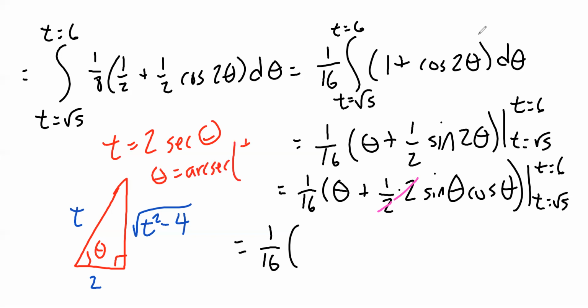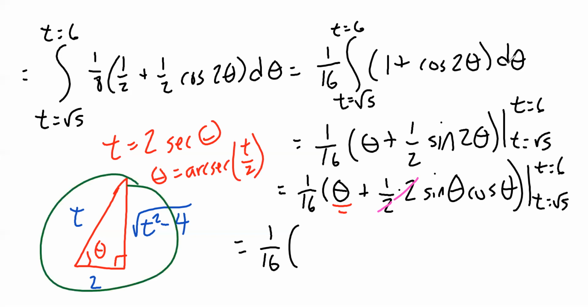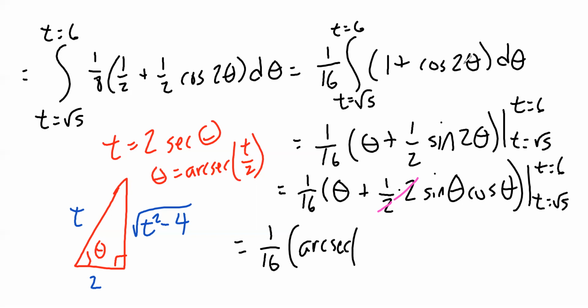of t over 2. And if you're wondering how come sometimes I solve for theta and sometimes I don't, it all depends upon if the theta exists in your answer outside of a trig function. If it exists inside of a trig function, then your triangle tells you what to do. But if it exists outside of the trig function, like that theta, then you actually need to solve for theta by using an inverse trig function. All right, so our theta is arc secant of t over 2